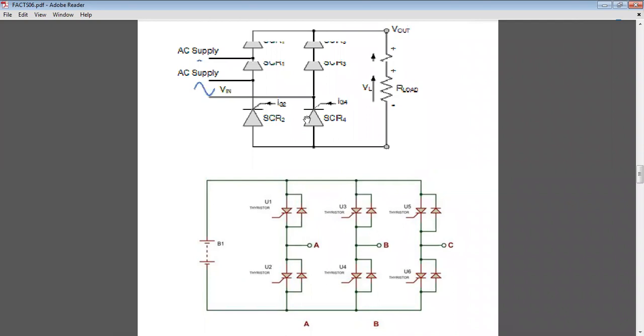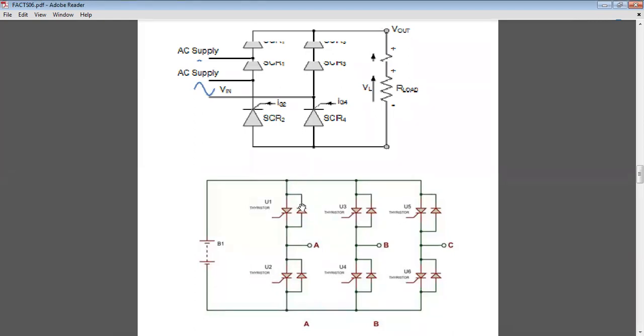advanced FACTS controllers is the converter, either single phase or 3-phase. There generally this AC is connected to the line, that is the transmission system, whereas on this DC bus, if you consider a DC voltage, then it is called a voltage sourced converter. Once you have the inductor in series with this one, and if the current is constant, you can take it as a current sourced converter. So there are 2 types of converters that we'll discuss later. The second chapter is based on the converters, that is voltage source converter and current source converter. We'll discuss in detail about these 2.